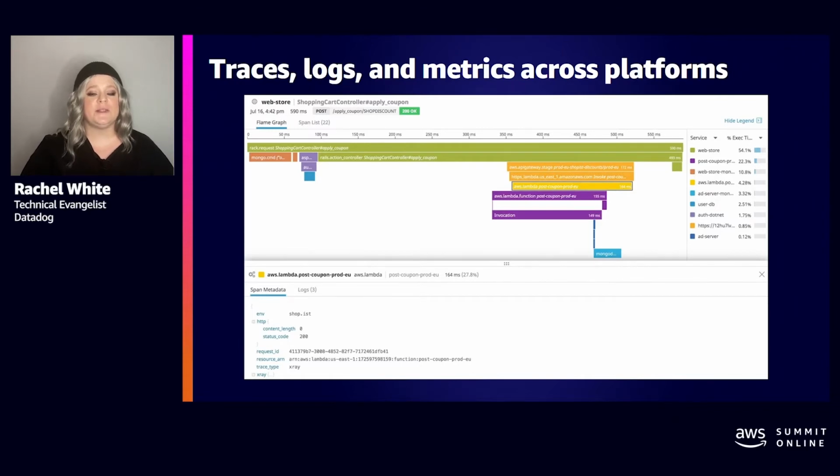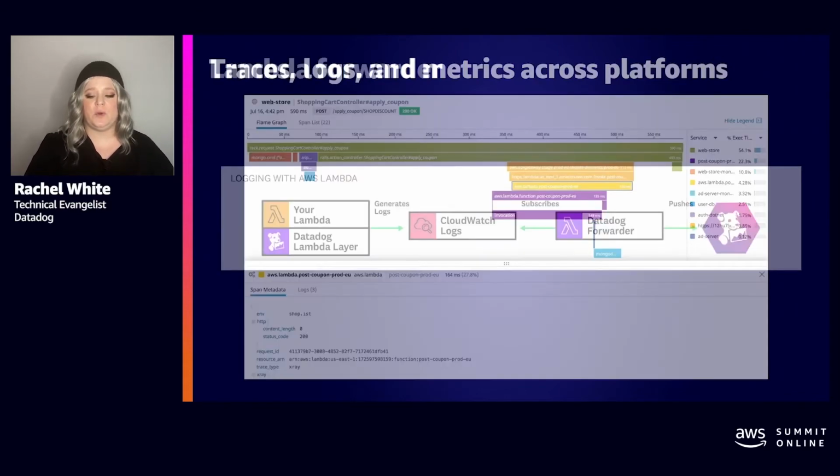Right at the orange, it calls an API gateway, and that API gateway calls a Lambda. And there's actually another Lambda that is happening in the EU. By having a single place to think about software as services and software as systems that interconnect, Datadog gives you a way to jump up and down abstraction layers. We're using multiple platforms in a single request, and we're able to drop down into each one of the specific subdomains for each specific platform. It's a very powerful way to think about systems where you have these diverse platforms deployed.